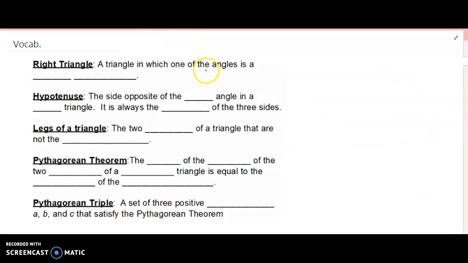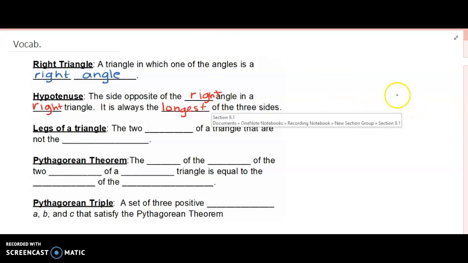All right, so before we get too deep, we're going to go through and do some vocab here, and some of these will be review, some of them won't. But a right triangle, as you remember, is a triangle in which one of the angles is a right angle. It's not acute, and it's not obtuse. It's a right triangle. The hypotenuse is the side opposite of the right angle in a right triangle. And we know that the hypotenuse is always the longest